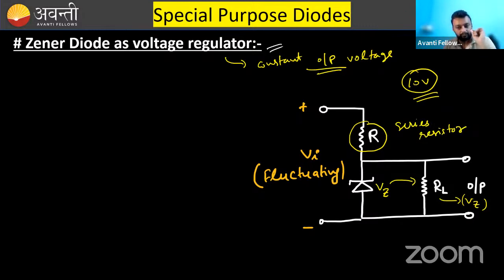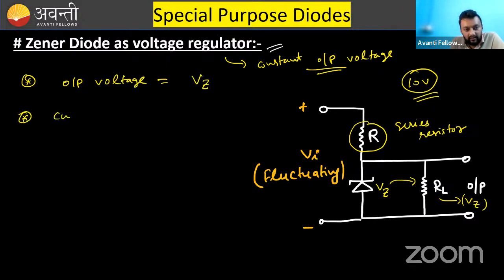Is this point clear? Now, listen to me very carefully. I will give you an example. What types of questions may they ask? I am not describing the theory here, it is not important. What type of question will they ask you? First type of question, they will ask you the output voltage. Output voltage is nothing but the Zener voltage. One point is clear. The second question that the examiner may ask is the current